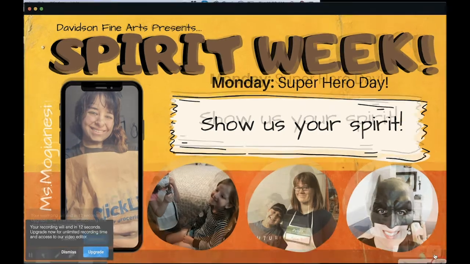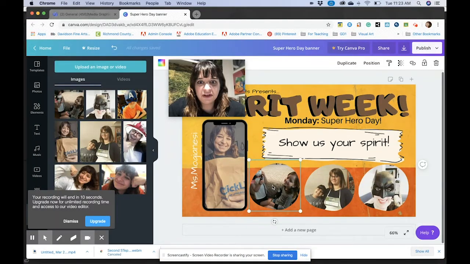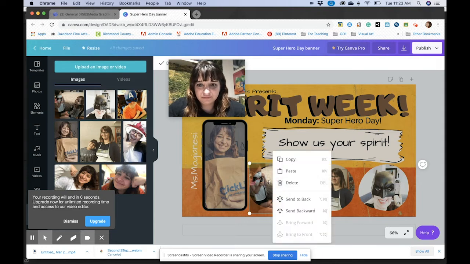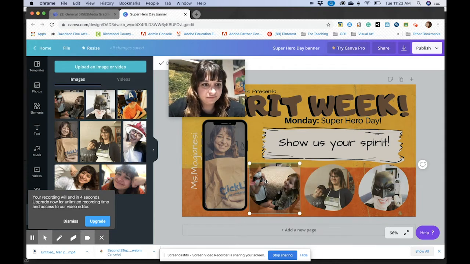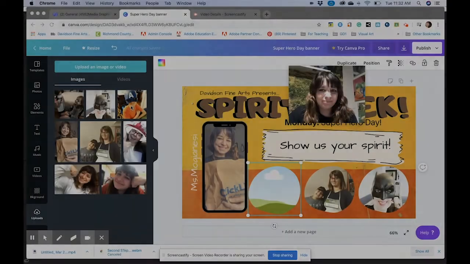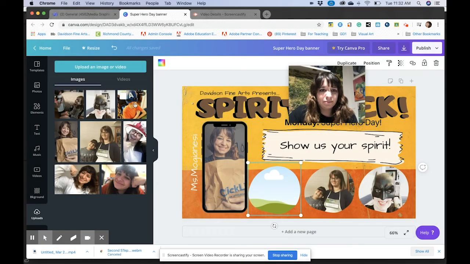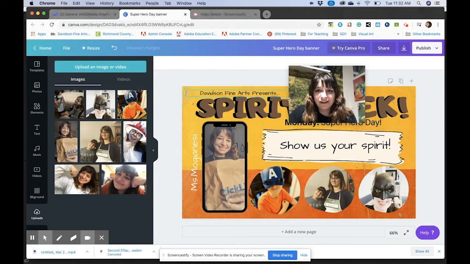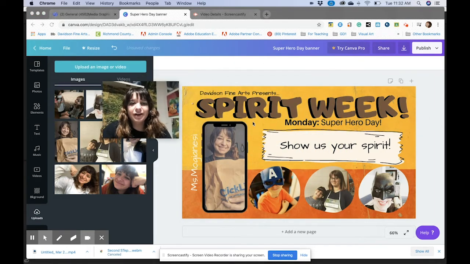Whoa. I didn't mean to do that. Okay. So I'm going to add in my last image in here. Great. And there's all kinds of things that I can keep fidgeting around with to really make this design completely